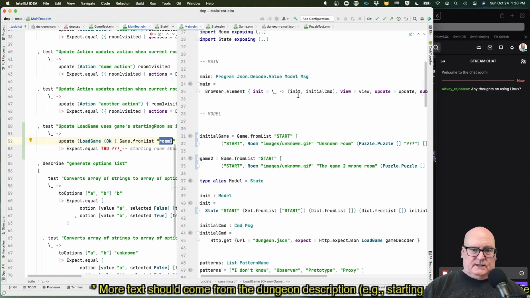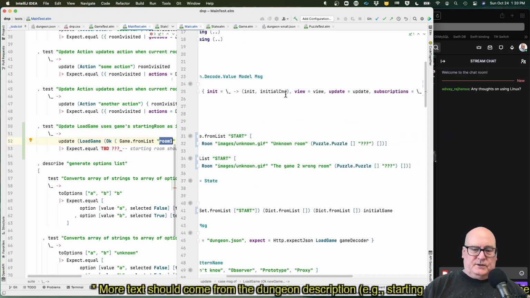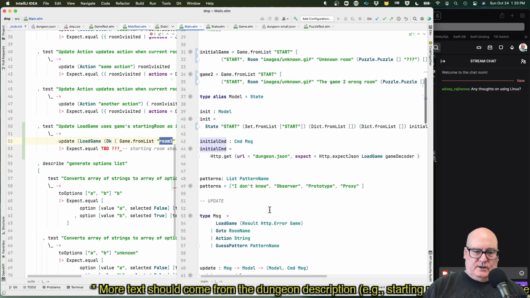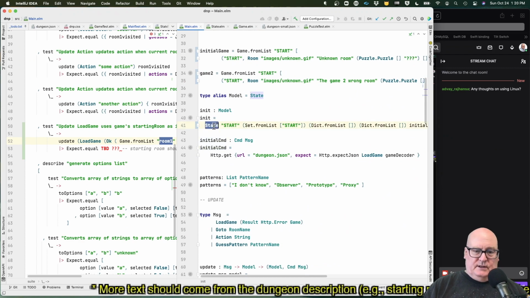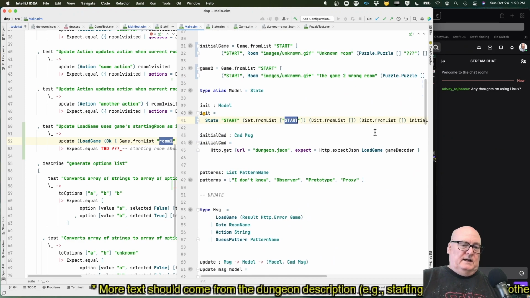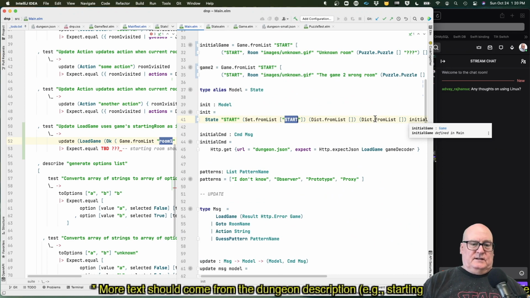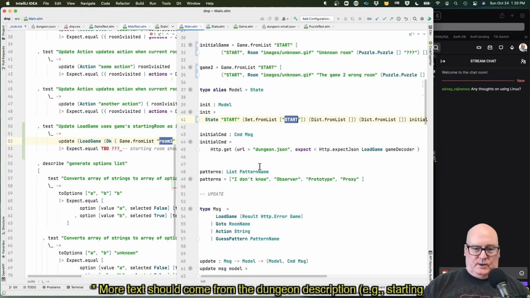Init says we're using the one that lets you do commands. So the initialization is an initial state, initial model, and an initial command. The initial model is just kind of a dummy dungeon. It's got a start, and it says I visited the one room, and I don't know anything about rooms or anything else. It's just kind of minimal. I've got one room. It's unknown.